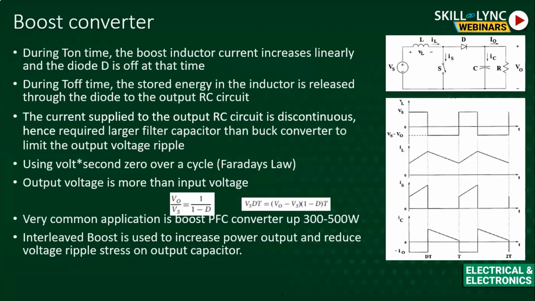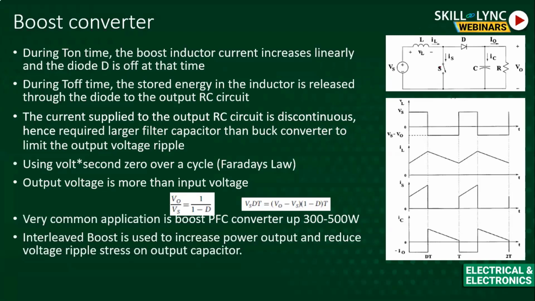It is again a very useful converter, I would say, because here we are able to increase the output voltage from the input voltage. So basically, if I want a 12 volt output from a 5 volt supply, we can do that, which is limited by a linear converter. Here is how the structure is: the inductor is in series with the source, there is a switch in parallel, and there is a diode, capacitor and load.